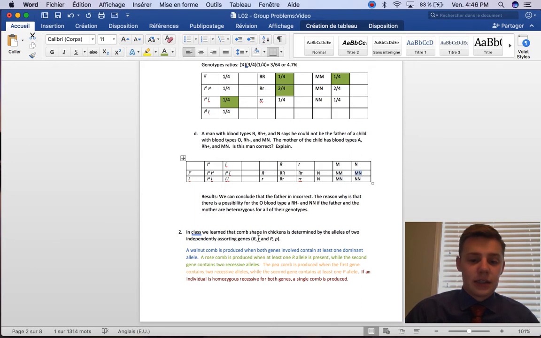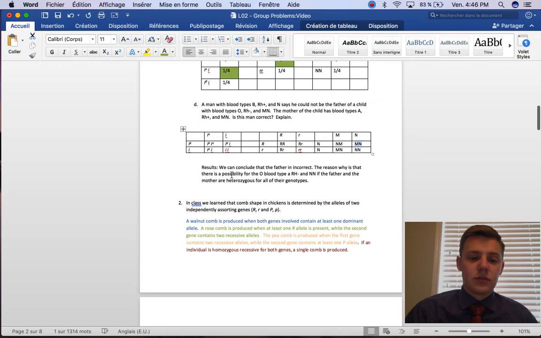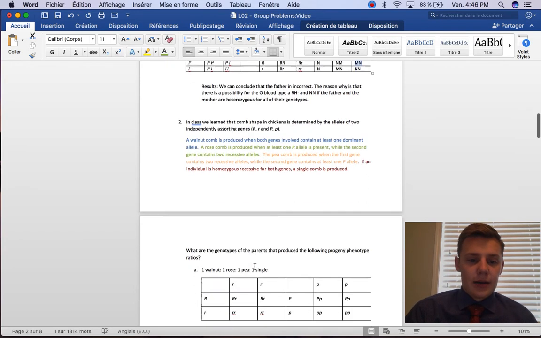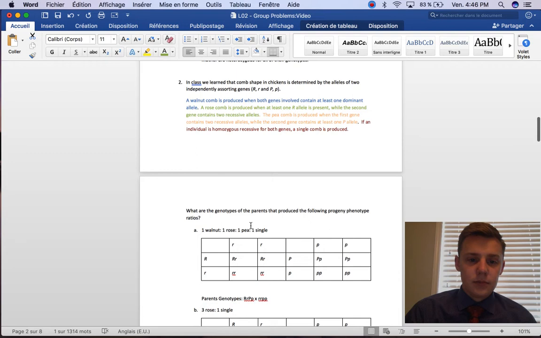Actually, there's two possibilities for that. And so we can have the result that if they're heterozygous for most of their genotypes, this man's statement is incorrect. For question number 2, what we do is we're trying to find the genotypes of parents that are produced with